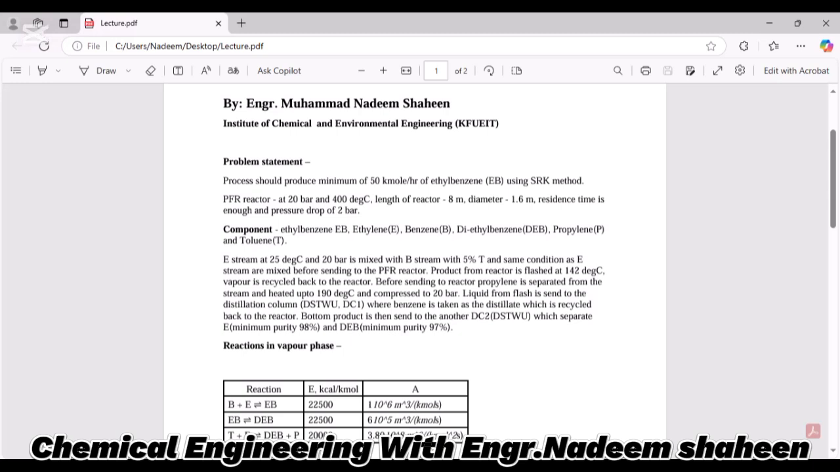The product from the reactor is flashed at 142 degrees C. Vapor is recycled back to the reactor. Before sending to the reactor, propylene is separated from the stream, heated up to 190 degrees C and compressed to 20 bar. Liquid from the flash is sent to the distillation column,